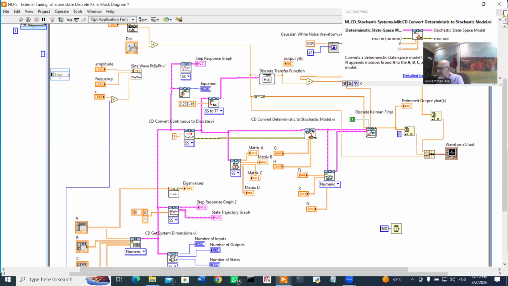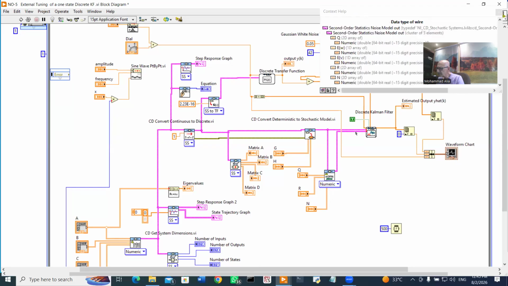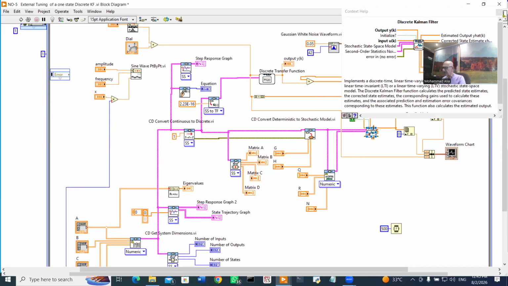And now this stochastic output is fed to the Kalman filter. Why is it converted to stochastic? Because you know that the virtue of Kalman filter is filtering the data which is inserted to the control system randomly,